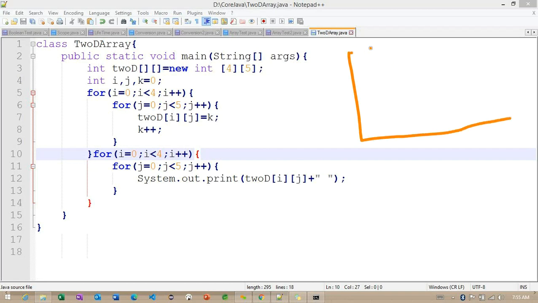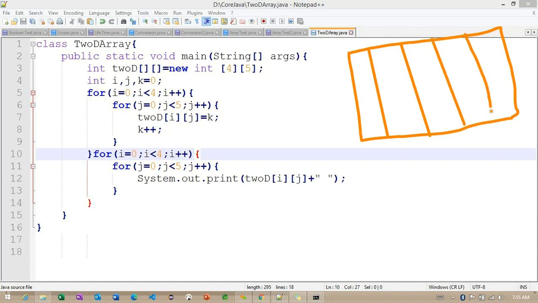We need this particular format, with the first, second, third and fourth rows. So this is the way we need to print.